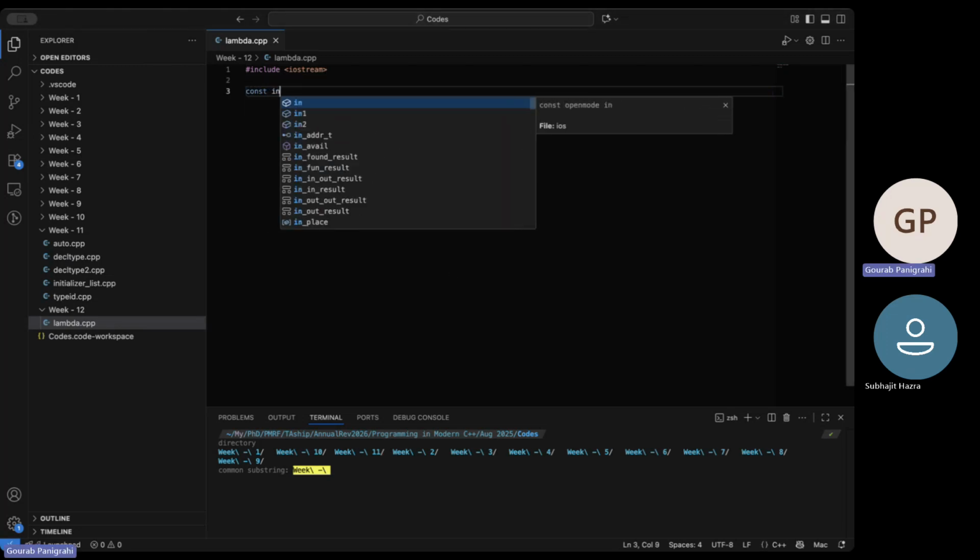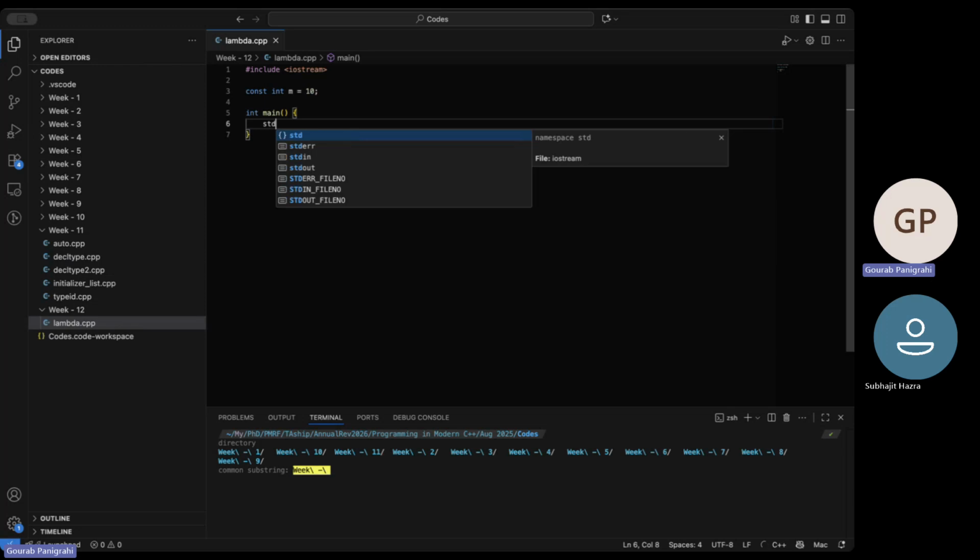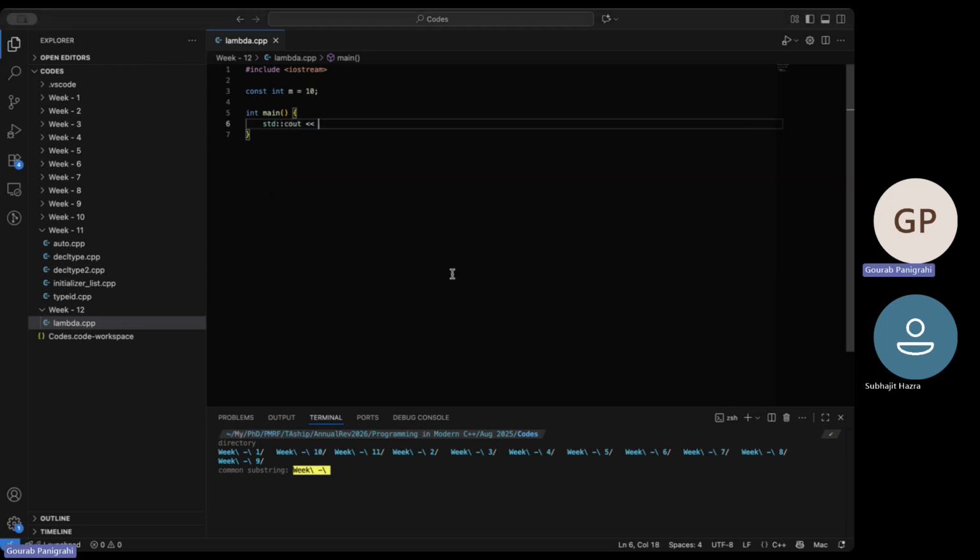Let's say I have a const integer m as 10. Okay. And I will write the main function, something like this, with standard cout